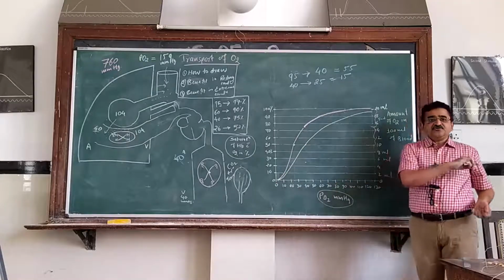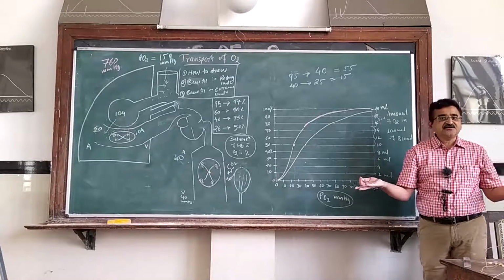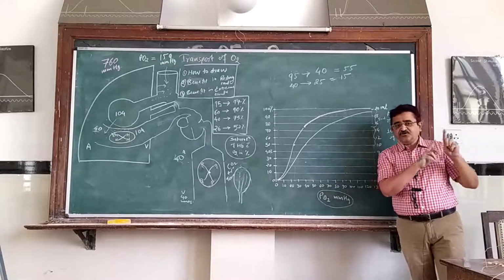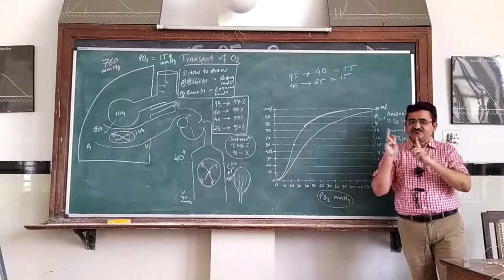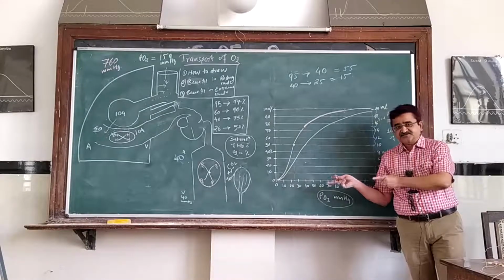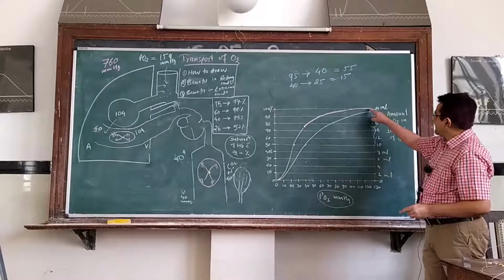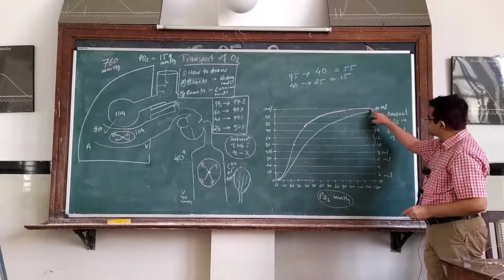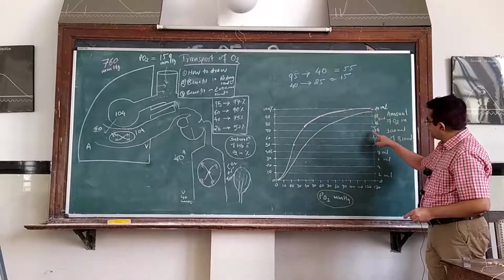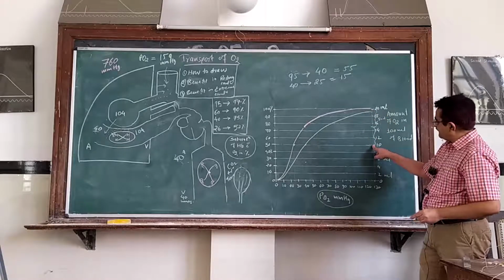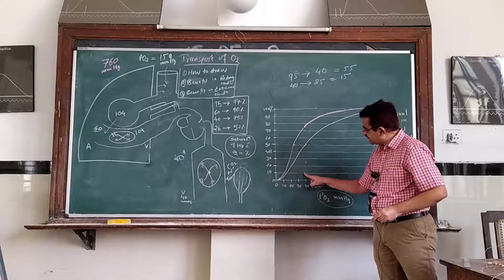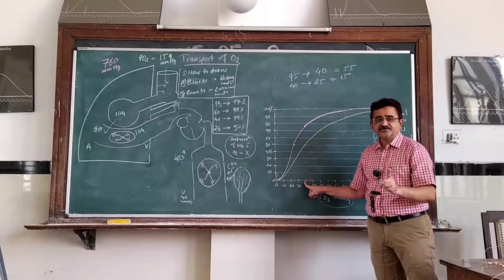Now, what is the demand of the skeletal muscle? The demand of the skeletal muscle is 10 ml. So with the pressures being 95 and 40, this 10 ml is being delivered, you just see. At 95, it is around 20 ml, and to deliver 10 ml of oxygen, how much is the fall in the PO2? PO2 falls up to 14 millimeter of mercury.